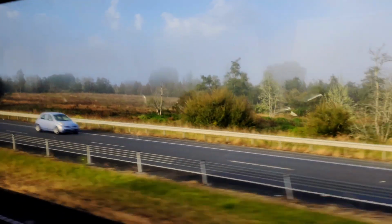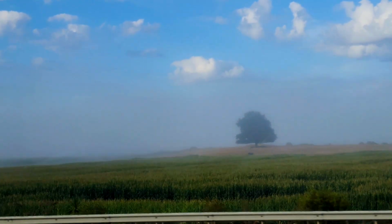There are two parts to this trip that I have been looking so forward to, and this is one of them. I really wanted to see where they filmed The Lord of the Rings. And here's the funny thing, I was never really a big fan of the films when they initially came out,